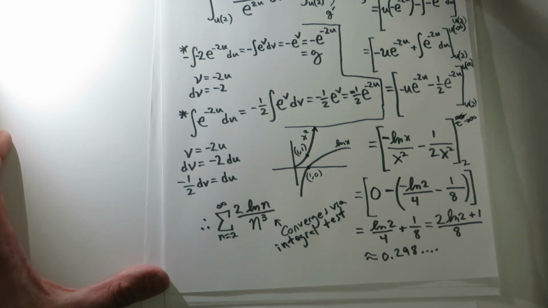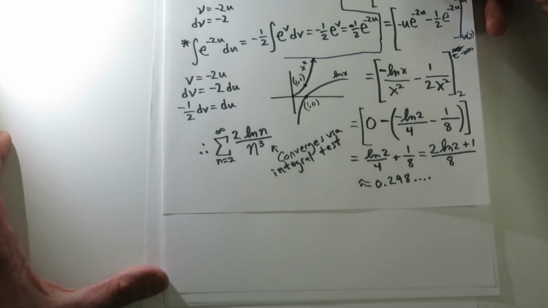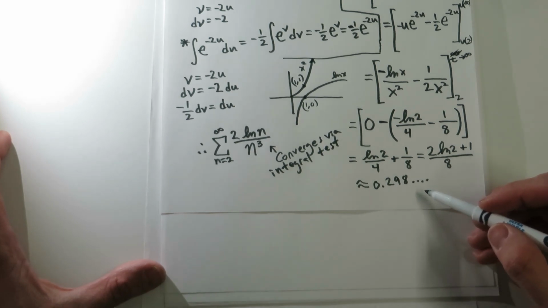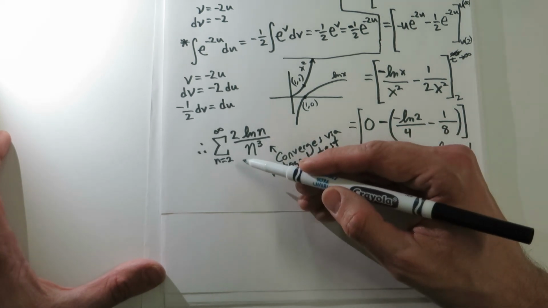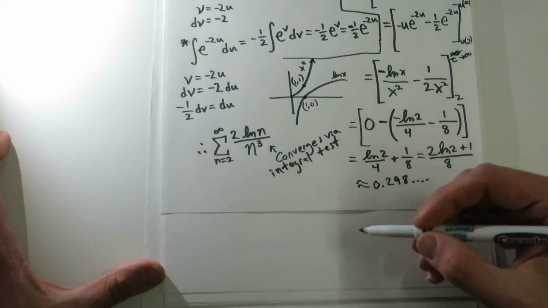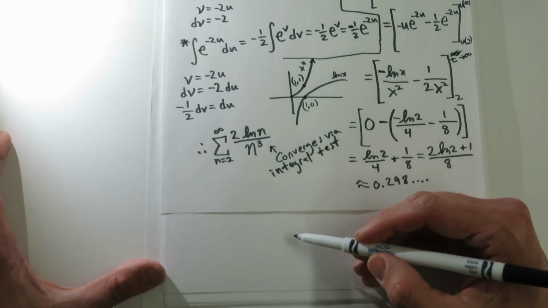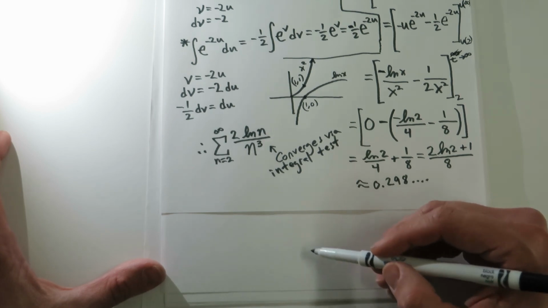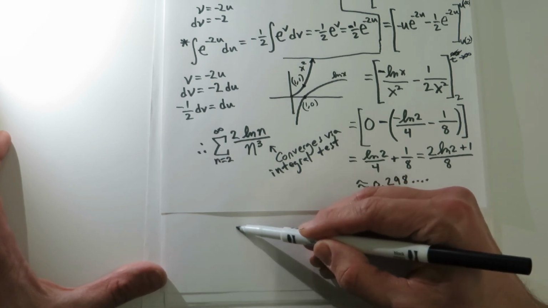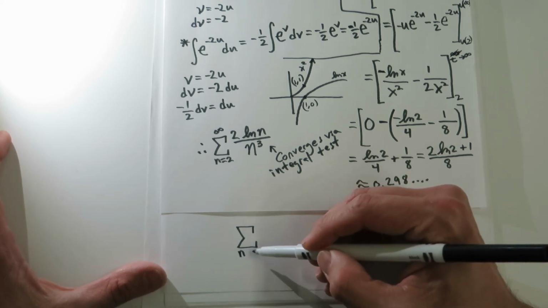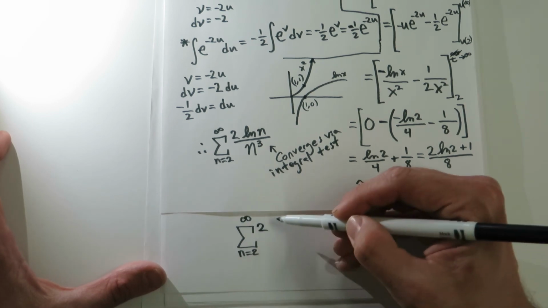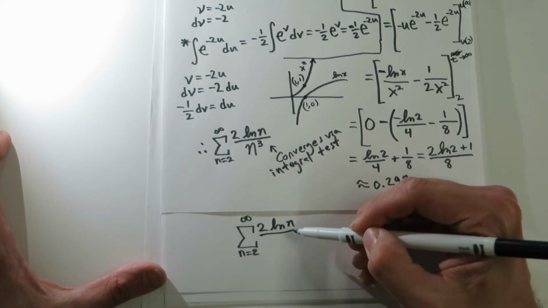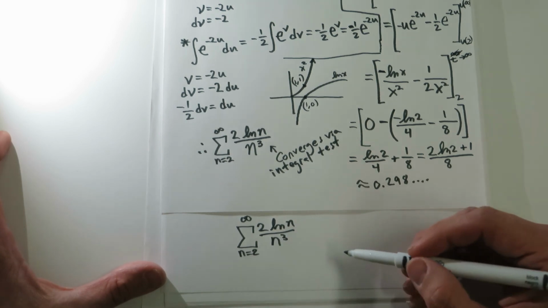And just as a side note, I thought this was kind of interesting. If you do want to take that extra step and compare what the integral equals to what the series equals, because we're starting at n equals 2, that means that our series is going to be greater than our integral. So we could say that our series here, and this is just pure curiosity talking, n equals 2 to infinity, 2 ln of n over n cubed. It turns